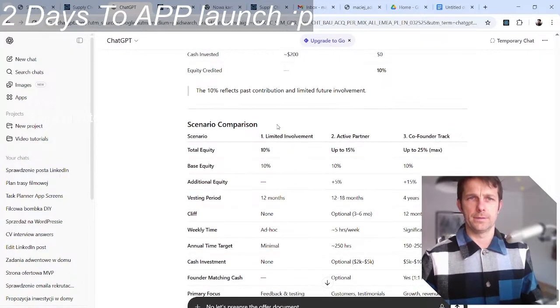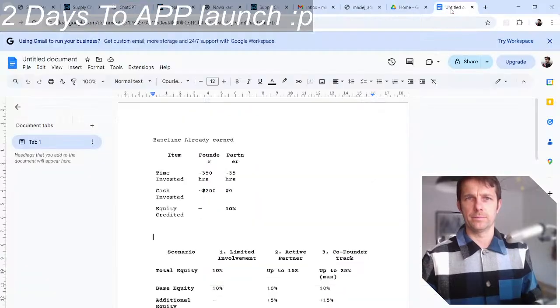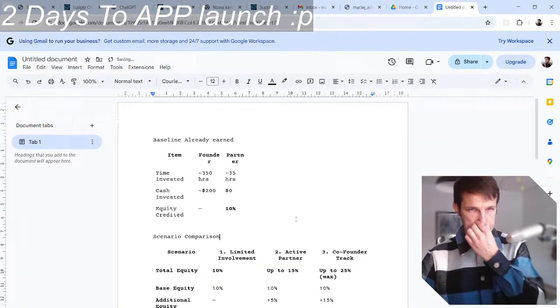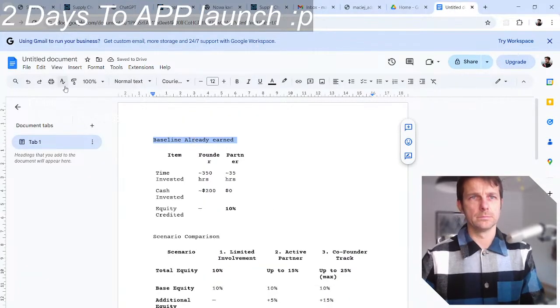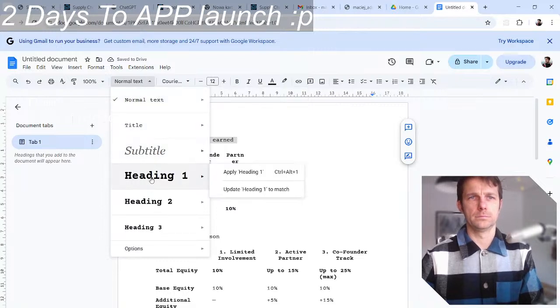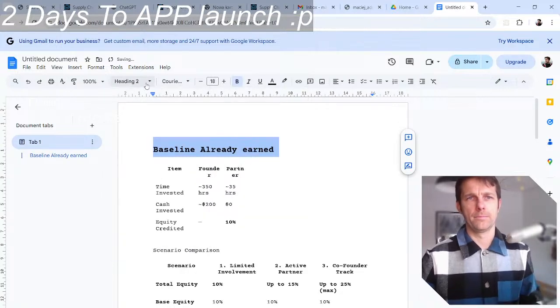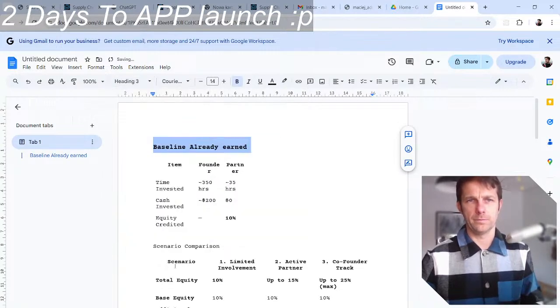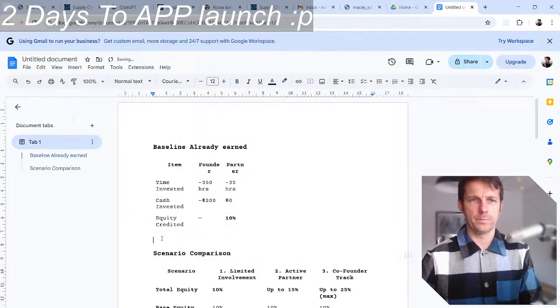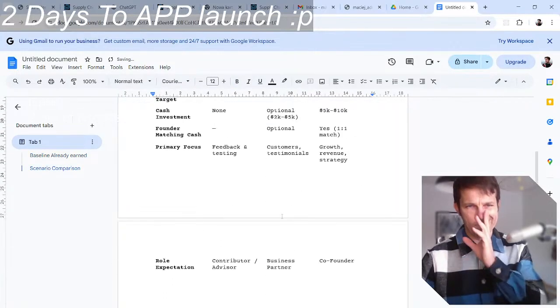Already earned. Scenario comparison. Oh, H3. Okay.